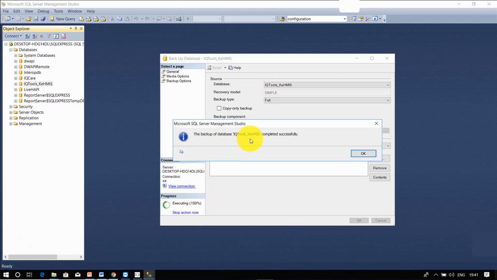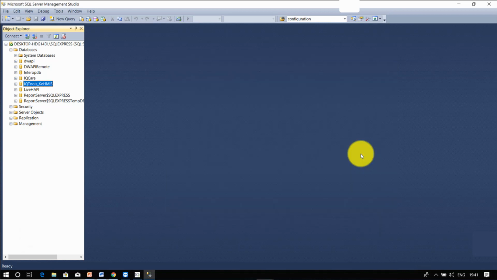Click OK. You are now ready to delete the IQ Tools Kenya HMIS database. At this point, you are able to access your pre-designed queries from the backup folder. Let's now proceed to delete the IQ Tools Kenya HMIS database.